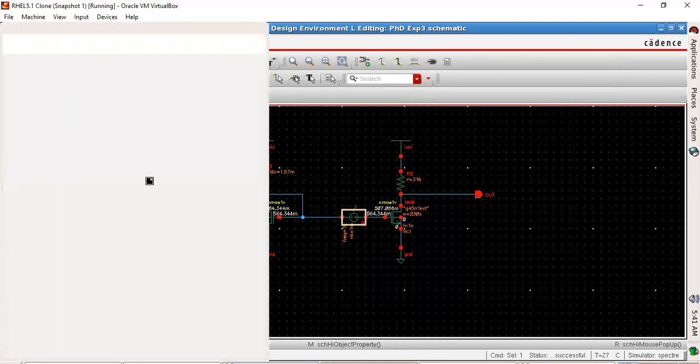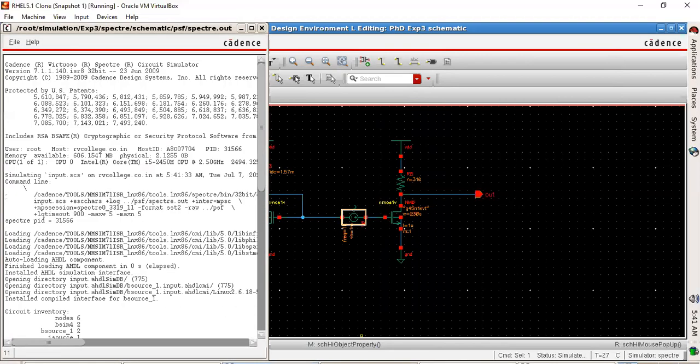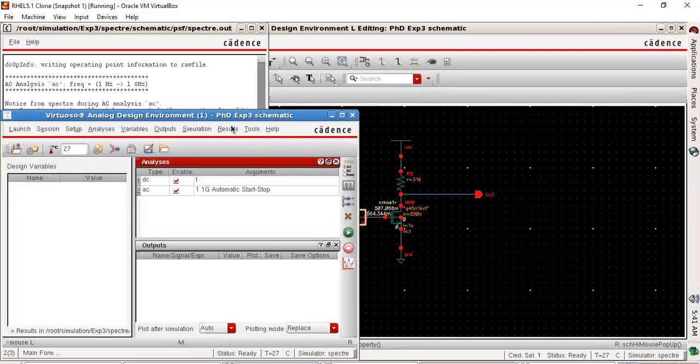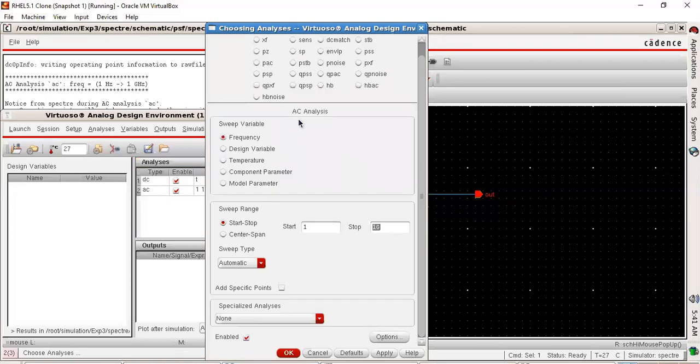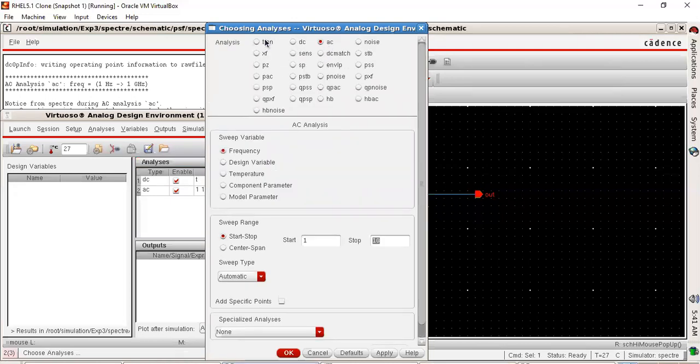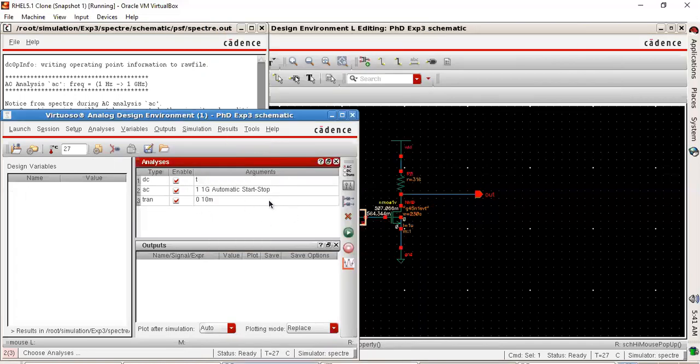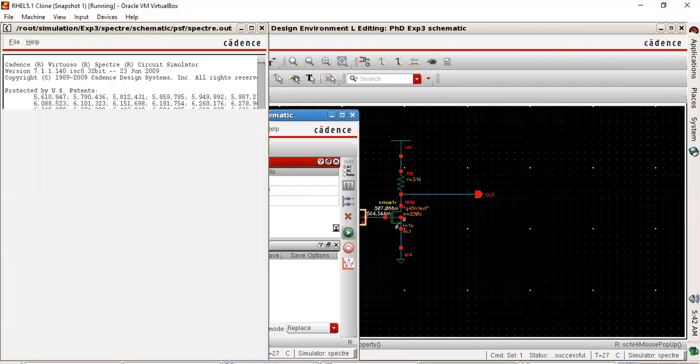So after performing this, what you can do is you can go to ADL window, go to transient, and here stop time. Say I'll give 10 milli as a stop time. You can add it. Then you can perform the analysis, and you can plot the output from the direct plot menu.